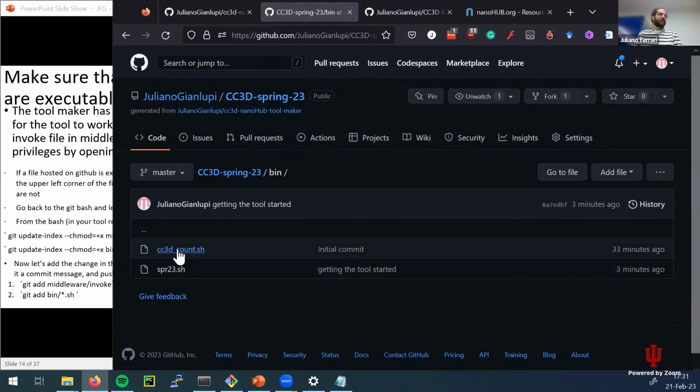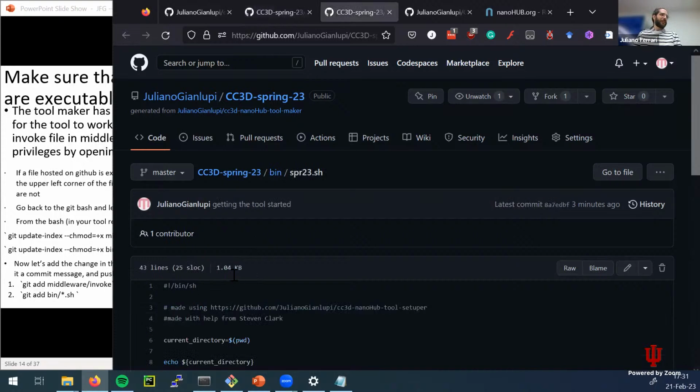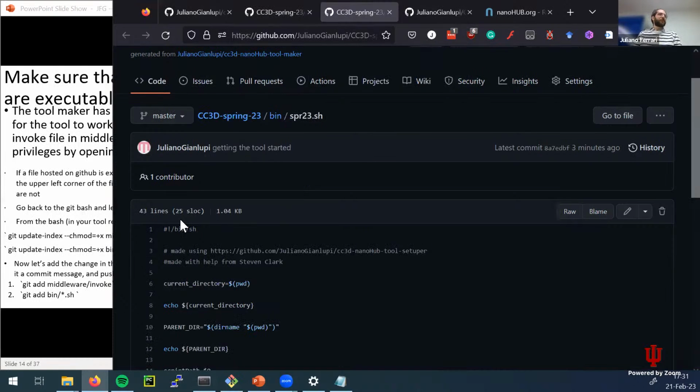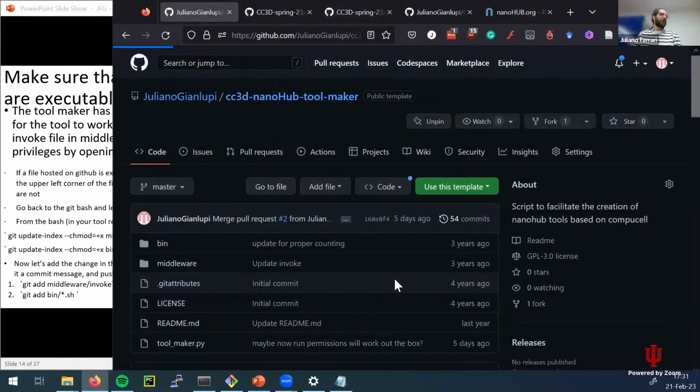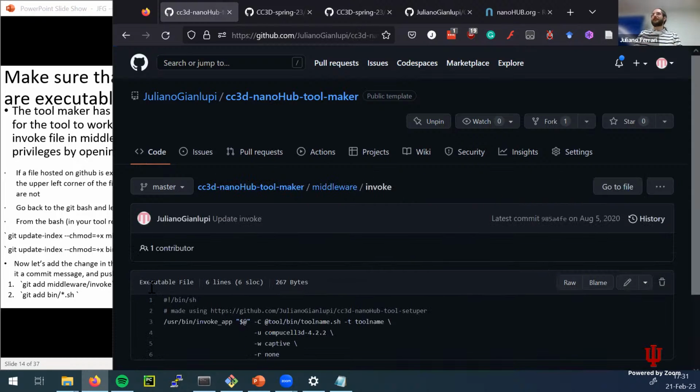And I've told my script a million times to keep these files executable, but it seems that I'm yet to make it actually work. So if it were executable, it would say so at this corner here. Great. And also the middleware file should be executable. Let's check that. This one kept the executable. Maybe because it's not a shell file, it keeps it, and the ones that should keep it do not. Anyway, so to fix that,